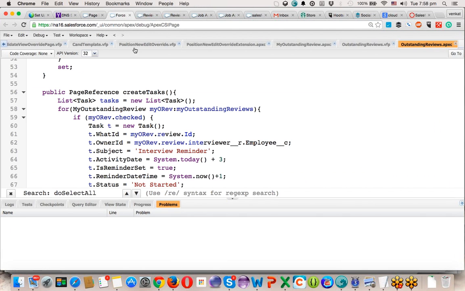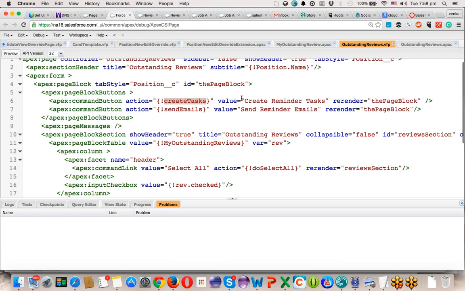I have to show that to you now. Going back to my VF page, this is the send emails method. This is the method which I am calling on click of send reminder emails for a number of people which are selected with the checkboxes. Send emails I'm just calling now, and